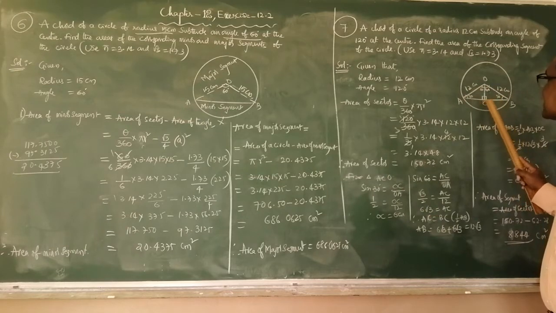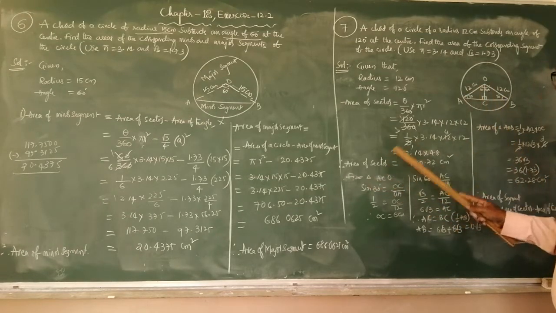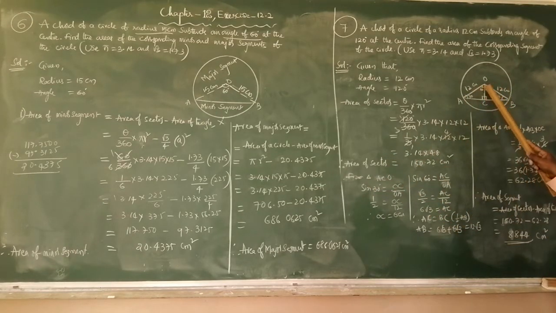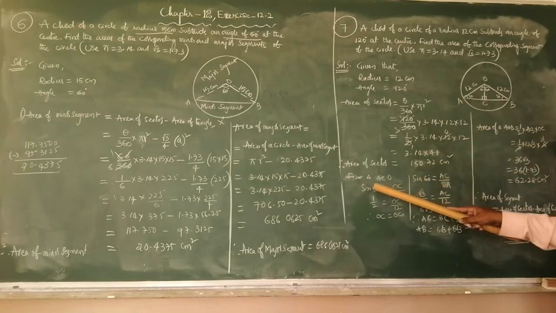Area of sector minus area of triangle. What is the area of triangle? We have to find it. Children, the 120 degree angle is bisected into 60. Here 60, here 90. 90 plus 60 is 150, so here it is 30, and here also 30. The area of triangle is half base into height. Why is 90 degrees there? What is the base here? We don't have the base, so we have to find it.